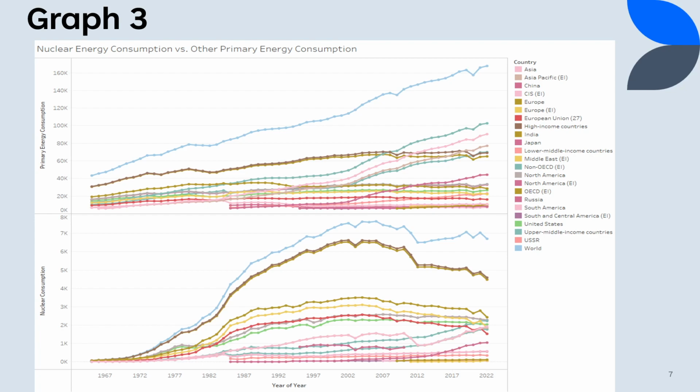One of the cleaner forms of primary energy is nuclear energy. So I decided to look at how nuclear energy correlates to primary energy consumption. And as you can see on this graph, nuclear energy does not keep up with overall primary energy consumption, which is always on the rise. However, nuclear energy consumption is not, which is slightly concerning because if we're going to be using primary energy sources, we want to be using some of the cleaner energy sources as opposed to oil and gas,